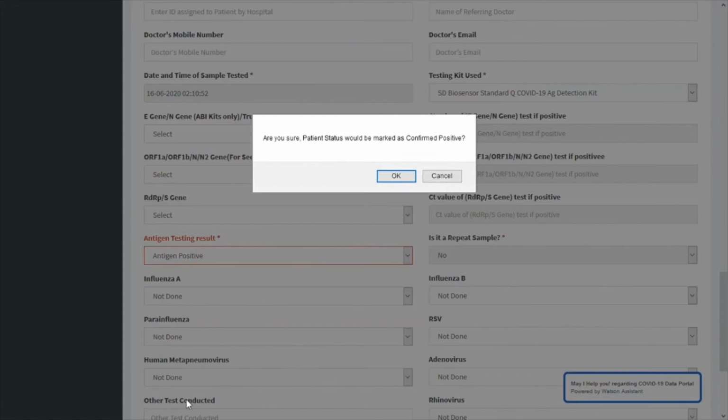If you select antigen positive, there will be a dialog box which will ask for confirmation, because an antigen positive will be marked as a confirmed positive. So are you sure the patient status would be marked as confirmed positive? If you are sure, click OK. Very carefully fill this field because you will not be able to edit the result once it is entered. So if it is a confirmed positive case, click OK